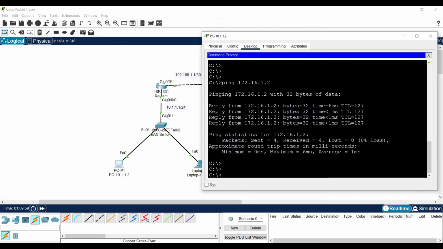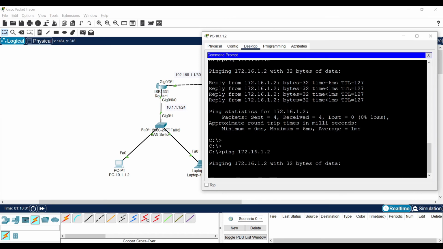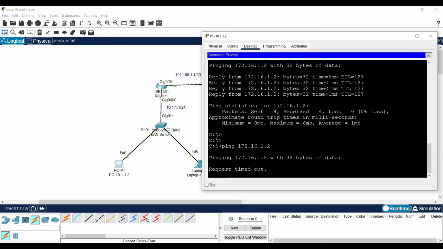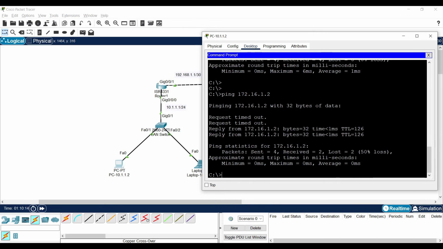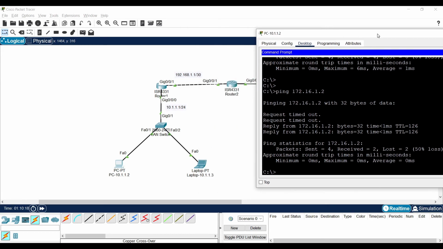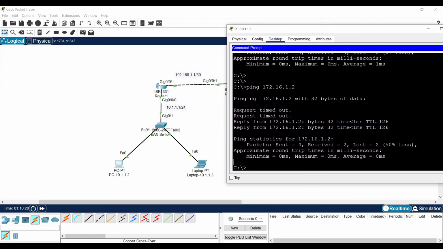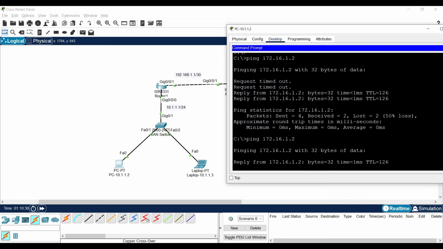Let me do a test. The first two packets were dropped because of the ARP request. It is reachable.